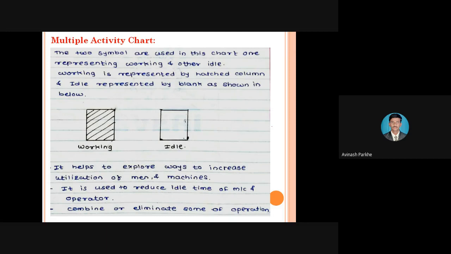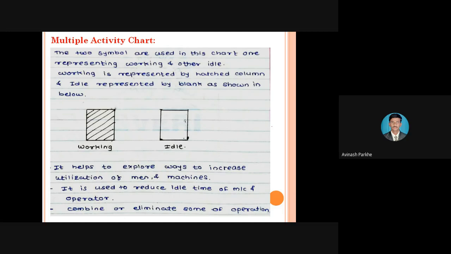So like that, many operations can be performed by using a single machine only. That means the single machine can do a number of operations, doing multiple activities. Also, a single operator performs a number of operations on the same machine, or sometimes a single operator handles more than one machine. That means he is also doing multiple activities.